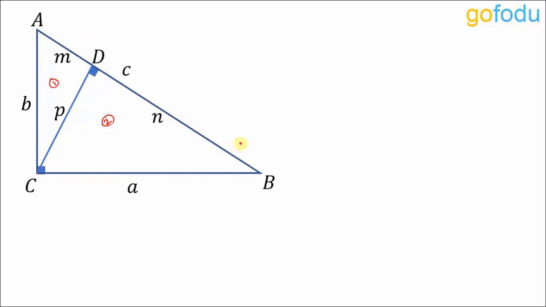Okay. Now how to write the similarity? Take this bigger triangle first. Triangle ACB is similar to, now take this smaller triangle. Angle A is common in this smaller triangle as well as in this bigger triangle. So we'll write triangle A, and then here we have C, which is at 90 degree in this bigger triangle, and for this 90 degree corresponding to this 90 degree angle in this smaller triangle, we have angle D as 90 degree. So we'll write angle D here and then AD, and then remaining vertex is C, ADC.